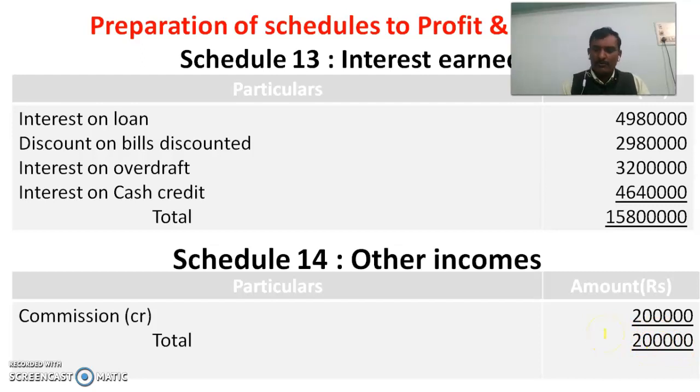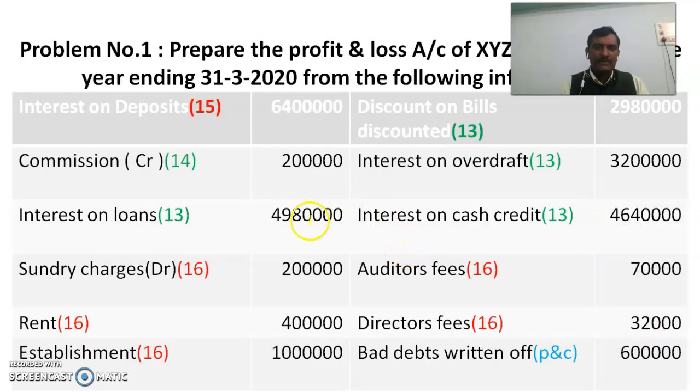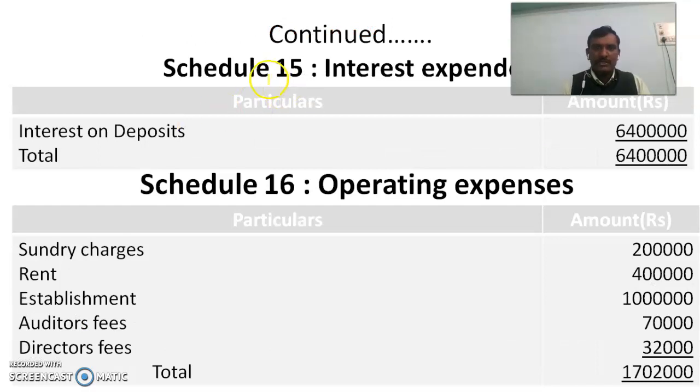Likewise we have to find out the items of schedule number 15, that is interest expended. So here one item is given, so look at this. Here interest on deposit is 15, only one item at the left hand side. And now come to the right hand side. Here there is no other item related to interest expended. Only one item is given, that is interest on deposit, and that is to be taken to schedule number 15 as interest expended. There is interest on deposit rupees 64 lakh. So 64 lakh is the